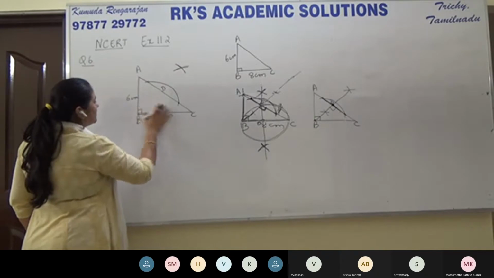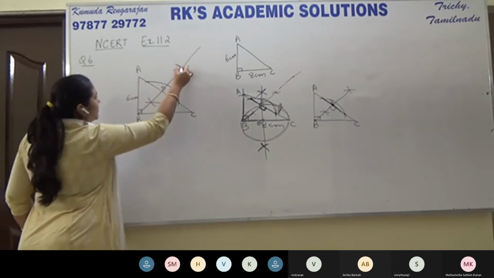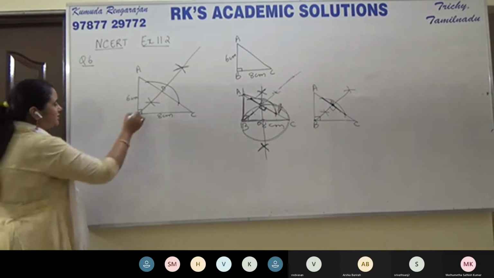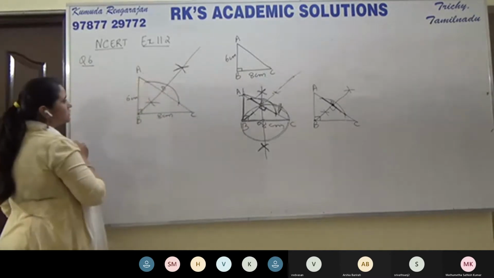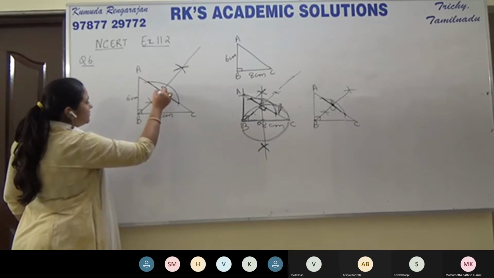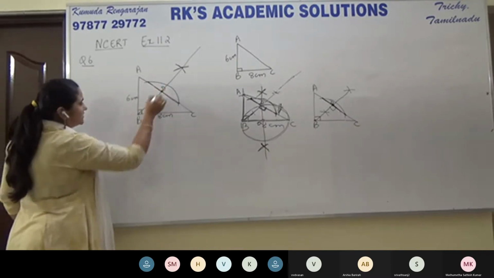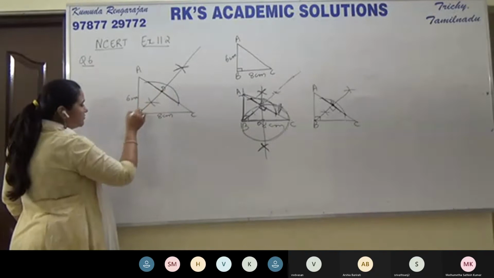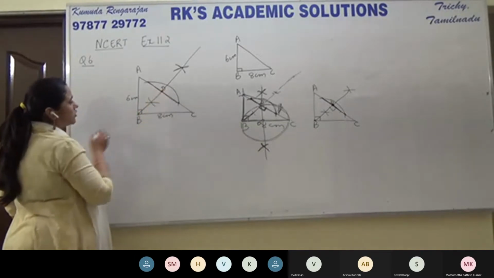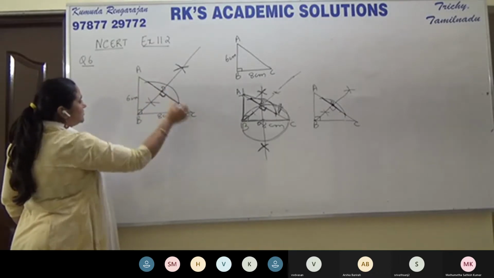Now when you join this point to this point, you will see that it will pass through the center B, because we drew an arc, right? The center of the arc. Now, since this is a chord and we have located the midpoint of the chord, and BD is a line segment from the center to the midpoint of the chord, that means it should be perpendicular to the chord. Hence, we have 90 degrees here. So we have achieved this construction. So BD is perpendicular to AC.